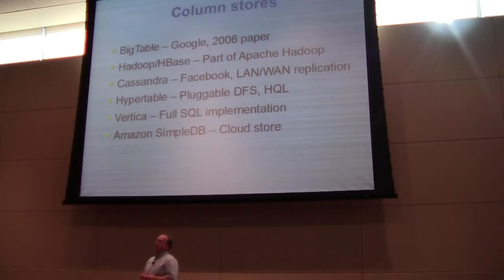Hadoop or HBase. Hadoop is a little bit of a different product. It's part of the Apache group, and Hadoop is a name for this ecosystem that's out on Apache. There's probably 2 or 3 dozen different projects that form part of Hadoop, this big project. It's also the name of what they call the MapReduce project. But underlying it, instead of taking a database and making it distributed, they made a distributed file system called HDFS. And then we're going to store a bunch of stuff in a distributed way on the file system.